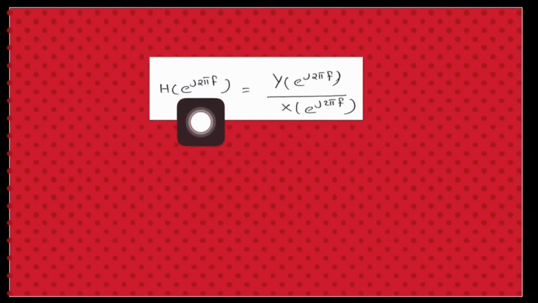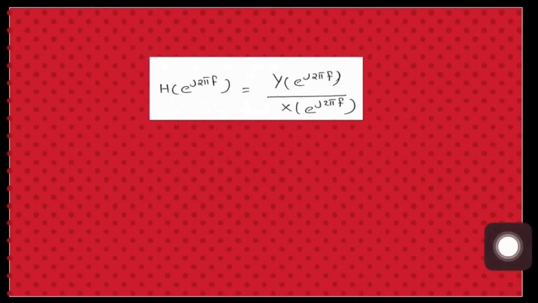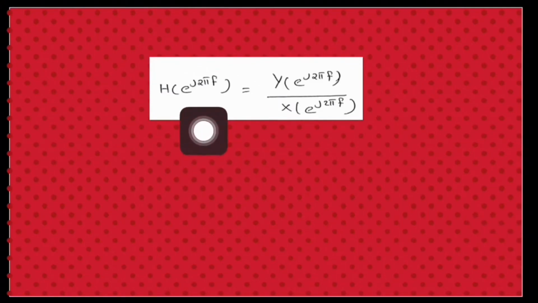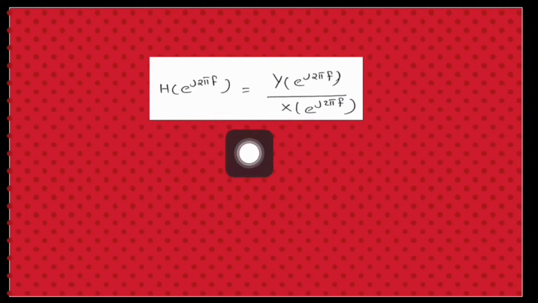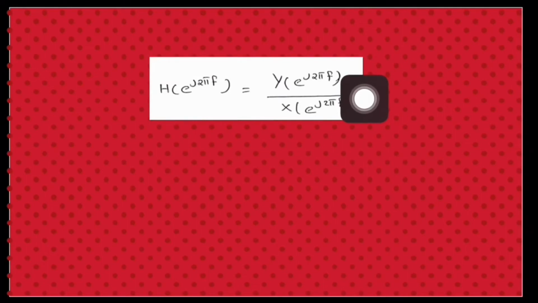Now tell me, what is this H of e raised to j 2 pi f? Any guess? It's nothing but the transfer function of the LTI system. H of t is known as impulse response and its frequency domain representation H of e raised to j 2 pi f is known as transfer function, which is mathematically defined as Y of e raised to j 2 pi f divided by X of e raised to j 2 pi f, where Y of e raised to j 2 pi f is the Fourier transform of output